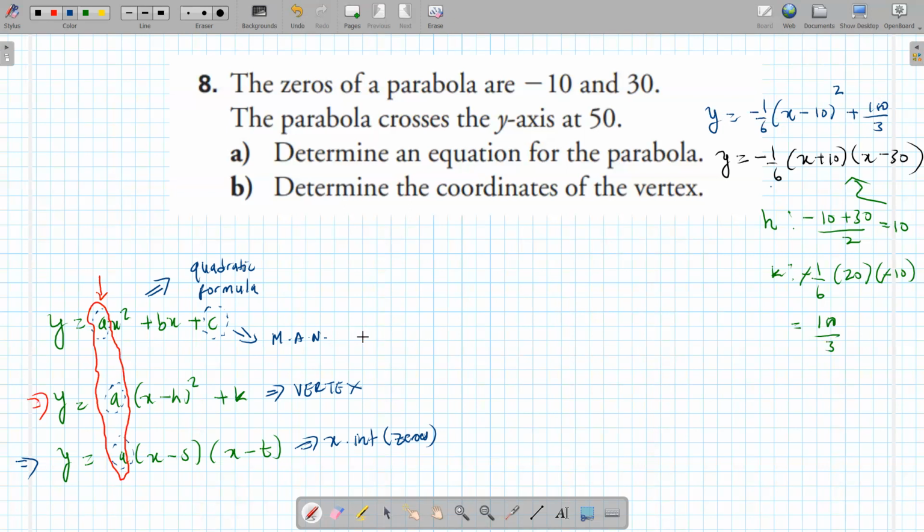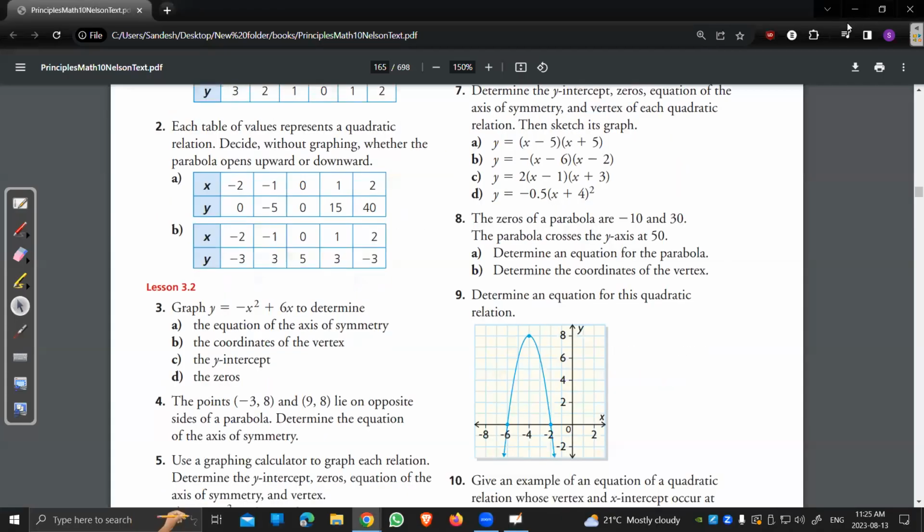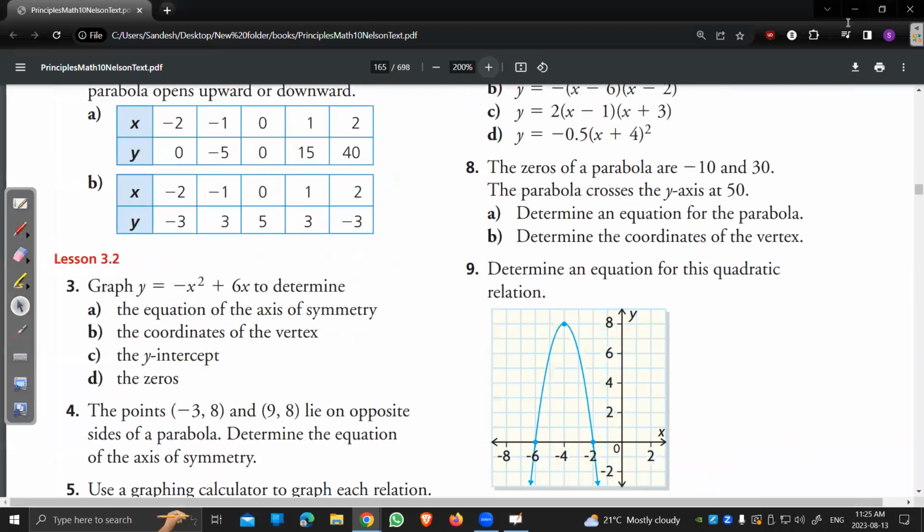So three forms: standard, vertex, and the factored. Factored form is the most common because they will usually ask you or give you the x-intercepts. Not every single time, but